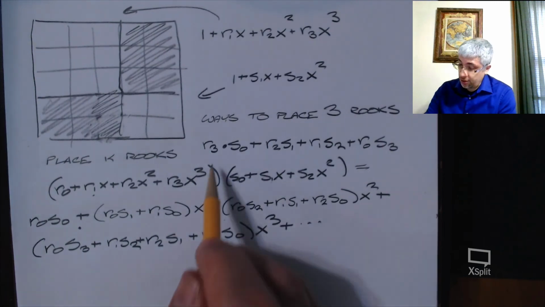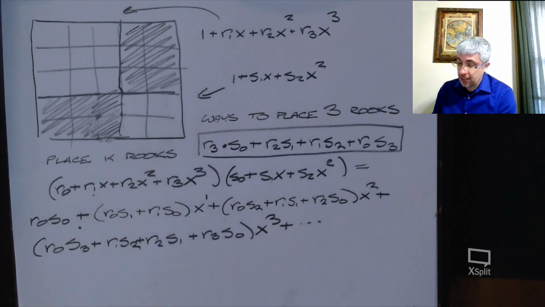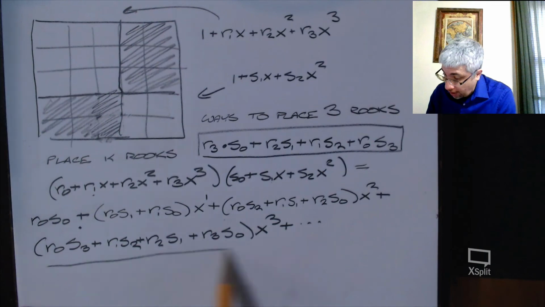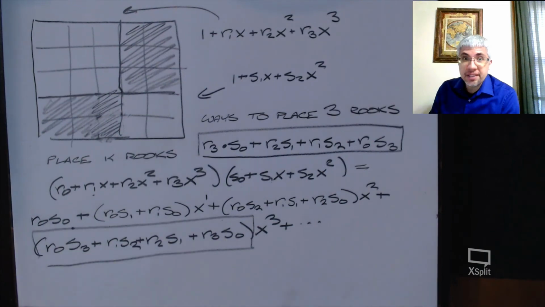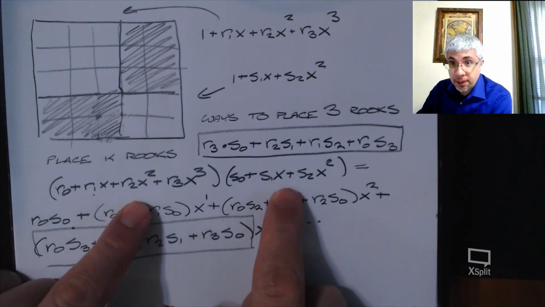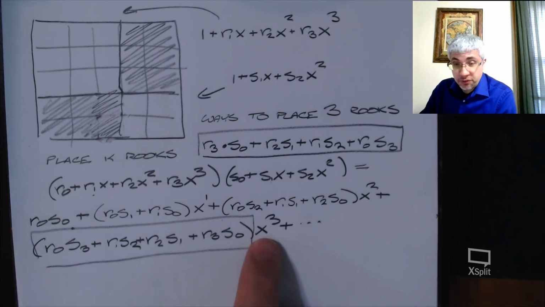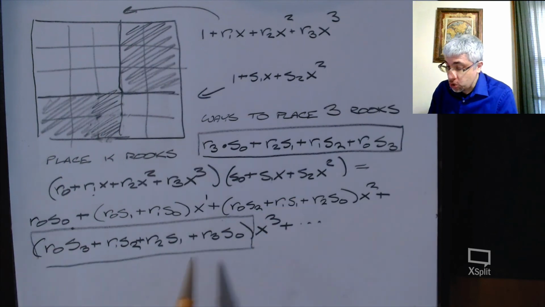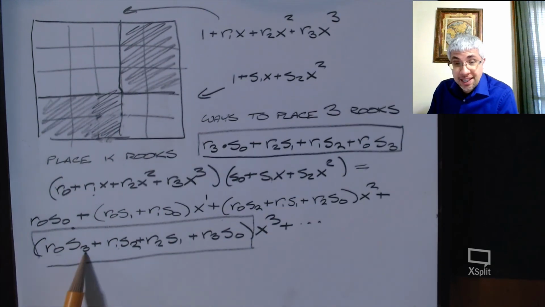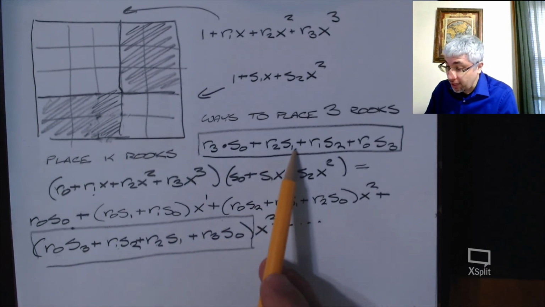Wait a second. Notice something? What did I have here? I had that for the ways to place 3 rooks. And what do I have here? I have the same exact formula, because this is exactly what multiplying polynomials does. It takes the coefficients from the 2 different polynomials that correspond to a total of k. So if I want the coefficient of x cubed, I'm going to be taking the coefficients that correspond to a total of 3. And that's exactly what we want if I want to find the number of ways to place